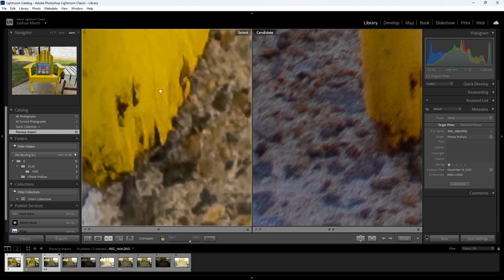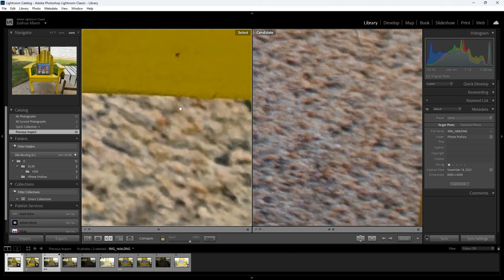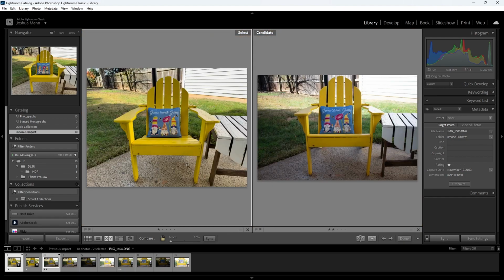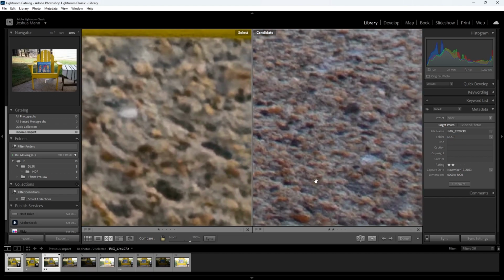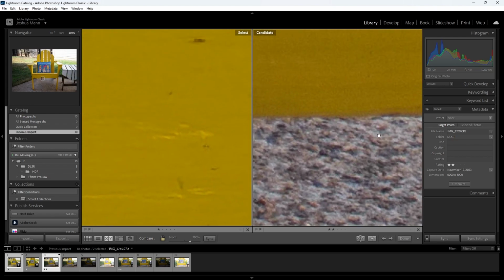All right, so it's kind of hit and miss. Nothing too alarming to report here. I like the DSLR image more, just because it looks correct. As far as detail goes,